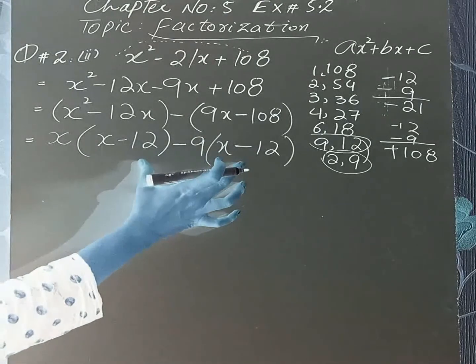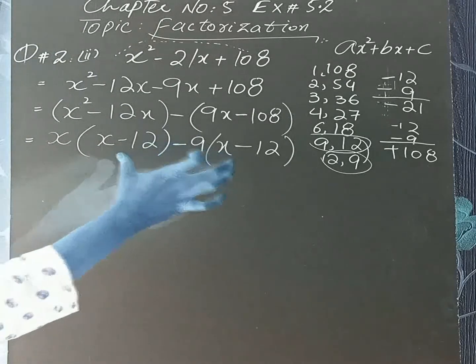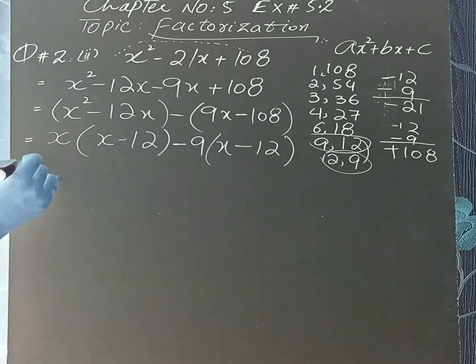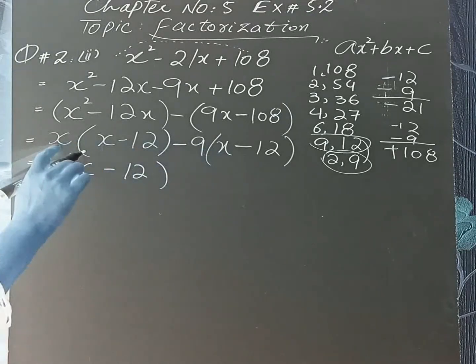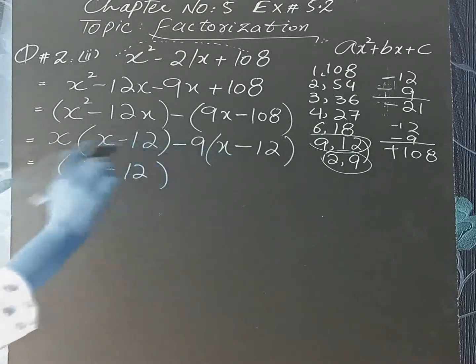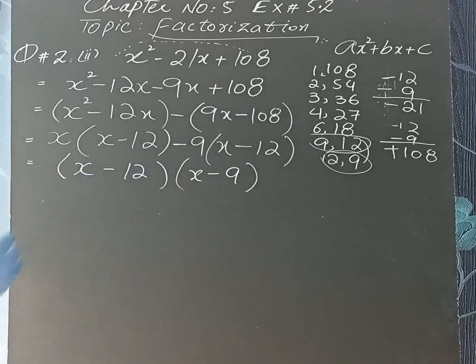You can see both are x minus 12, x minus 12, they are the same. This is also a check for your correct question. If this is not coming the same, it means something is wrong. If they both are the same, it means your question and your solution are correct. x minus 12 is the common. So what is left after eliminating both x minus 12? x minus 9. This one. Okay guys, after this part, the third one, I hope you can solve this by yourself. And the next one, part 4, I am going to solve over here.